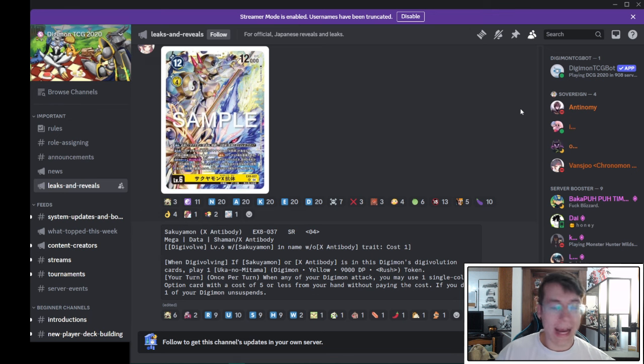So what are we actually getting out of playing this in Taomon Loop? Well, we get an extra Rush token just by Digivolving, and that can potentially matter. That could be a good way to close out a game and get an extra check, but we do get a way to unsuspend every time we use an option card, and then when any Digimon attacks, we have the